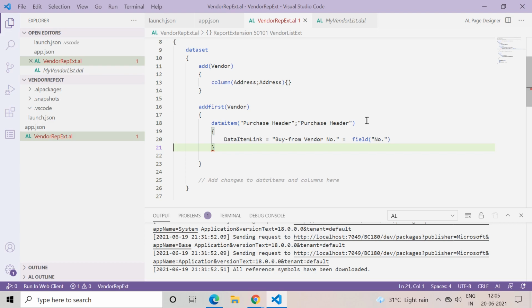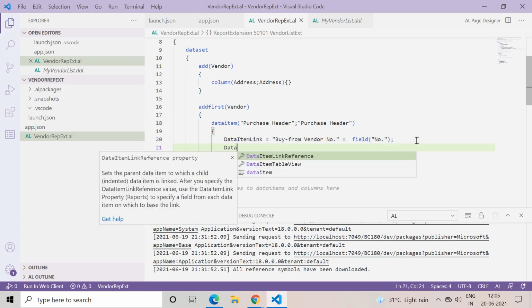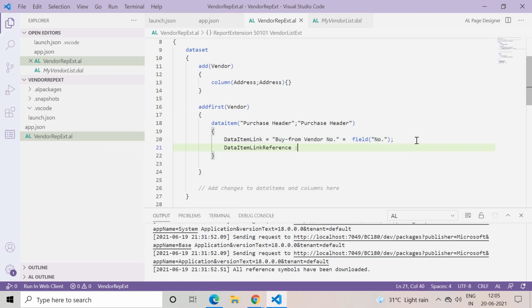Okay, so this means that the buy from vendor number field of the purchase header should be equivalent to the number field of the vendor table. Okay, now another property is data item link reference. Here we will add vendor because we know vendor is the parent data item, and we want to make the purchase header data item a child of the vendor. So we will add this value here.